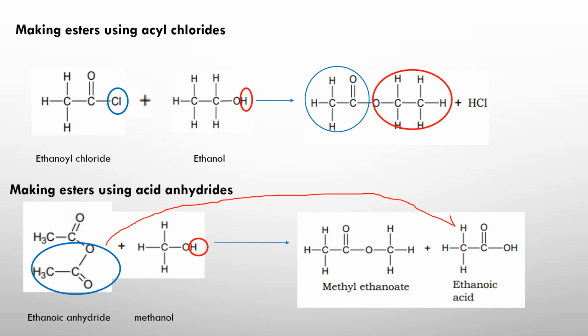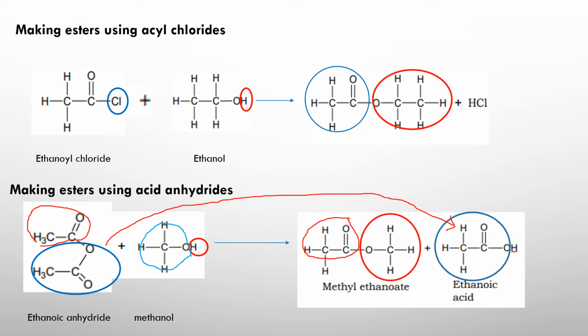So now what are we left with? We are left with this particular group here. Okay, so we will be drawing that particular group, which is this group here, first. Acid group is drawn first with the alcohol. So this is the alcohol group. So the alcohol group is now going to attach itself like this. Okay, that's the alcohol group, and that is the ethanoic acid group. So you can see how the ester has been made.